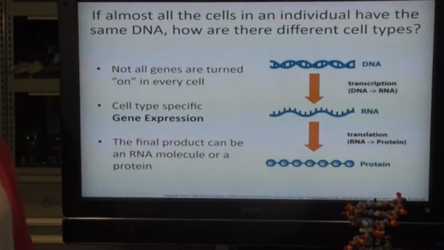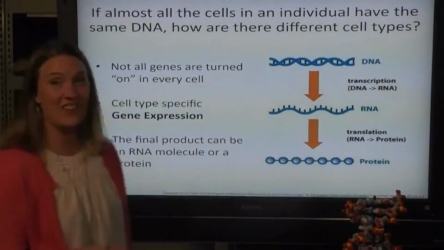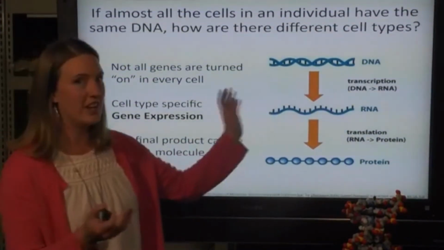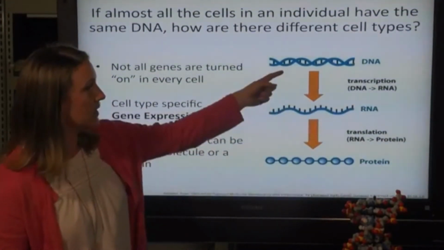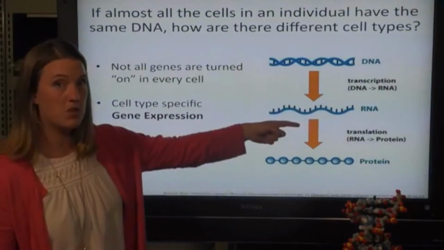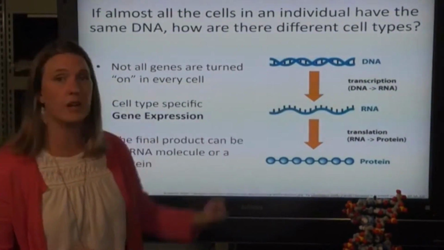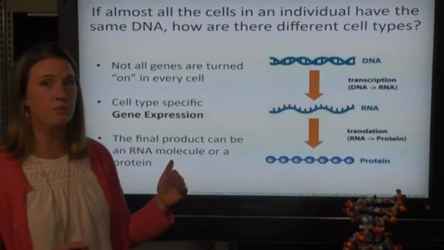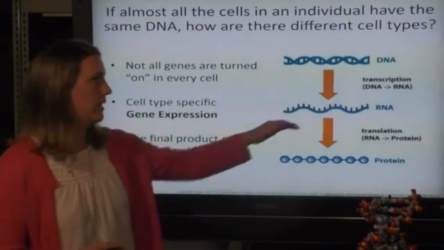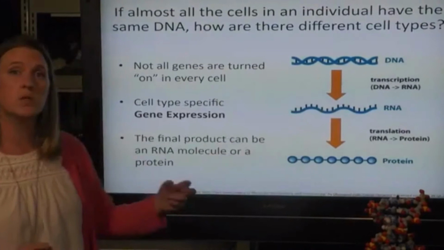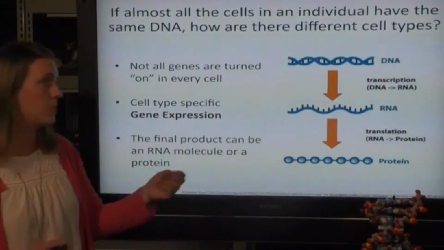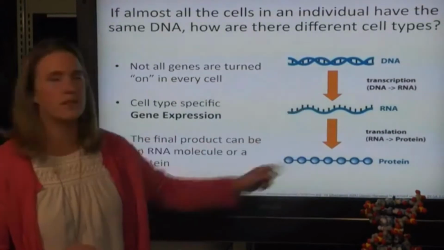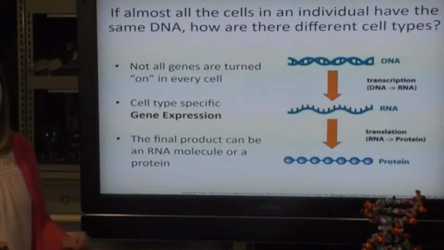I can't touch these things. All right, so how does gene expression work? First, a gene, a segment of DNA, gets copied by some machinery in the cell into an RNA molecule. We call that transcription. Then that RNA molecule is used as instructions for the cell to make proteins. We call that process translation.